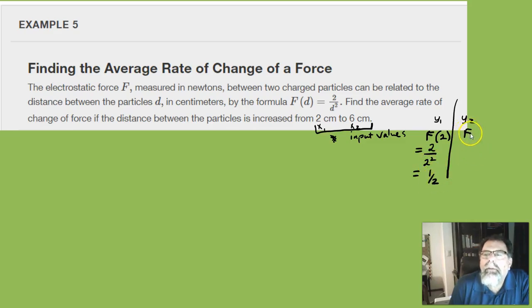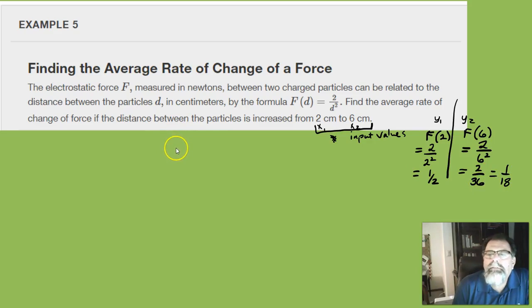And then when I put in 6, we get 2 over 6 squared. 6 squared is 36. And then 2 over 36 reduces to 1 over 18. Okay, so then we got our two y values for our two input values. So our average rate of change